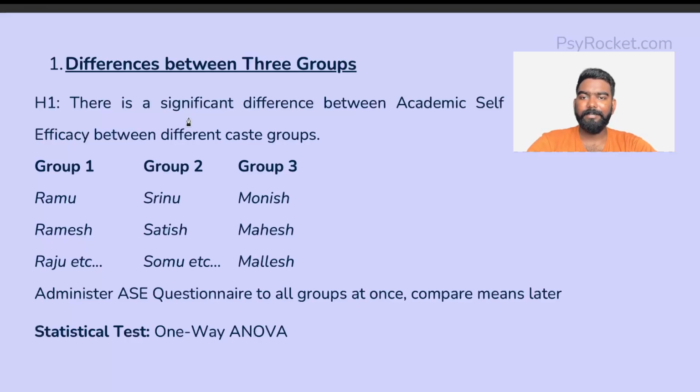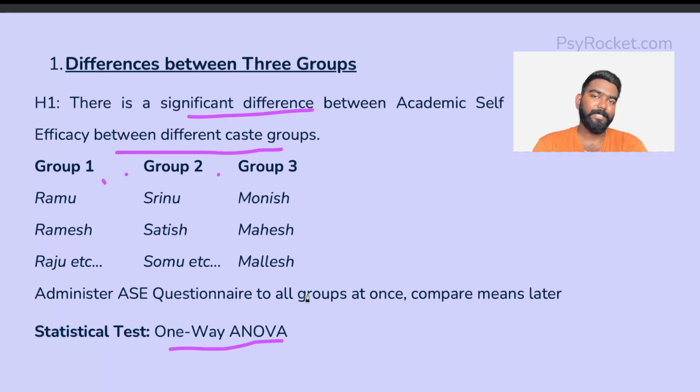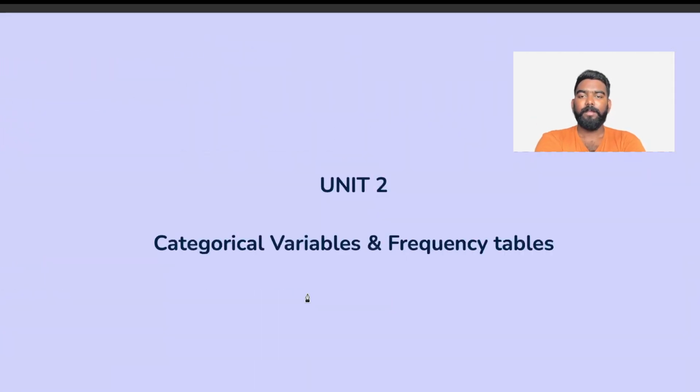Say there is a significant difference in academic self-efficacy between different caste groups. A simple example: there is group 1, group 2, and group 3. We will use one-way ANOVA. There is also repeated measures ANOVA. We discussed repeated measures when we were discussing t-tests. Similarly, there are matched pairs ANOVA and repeated measures ANOVA. Please refer to them. Now, all of the tests which we have